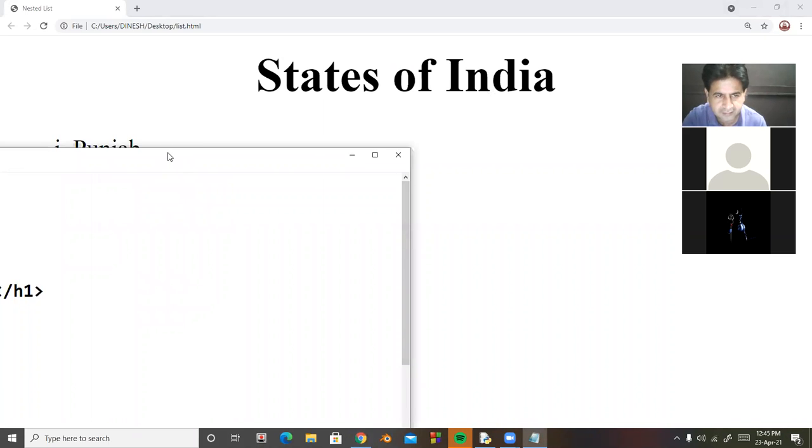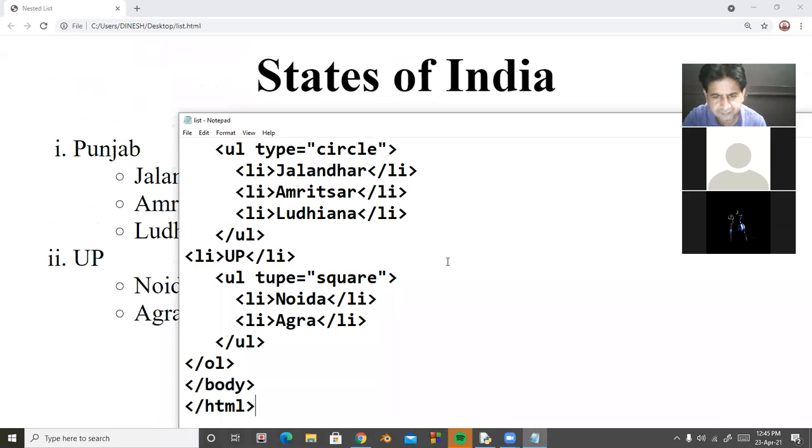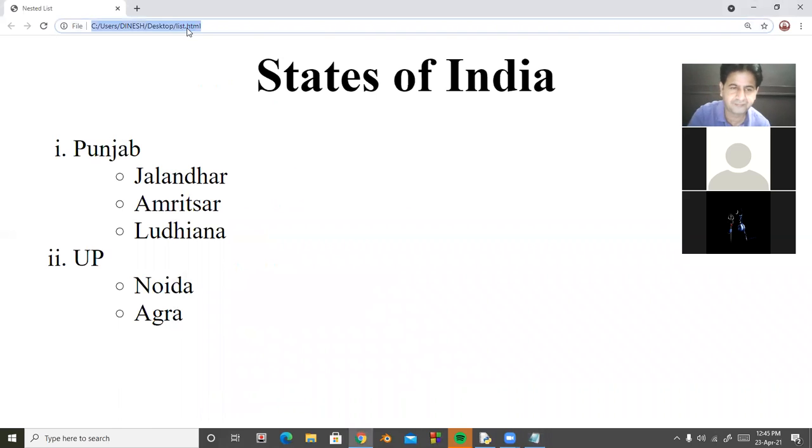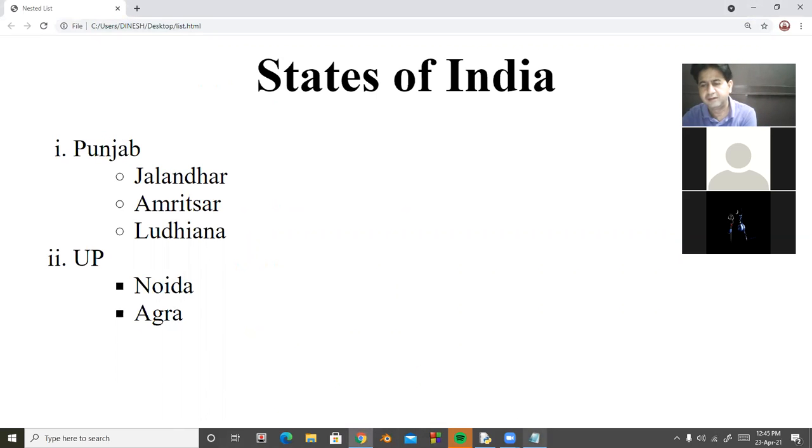The bullets are the same. Because I'm using the type attribute here, that's why. So look at here.